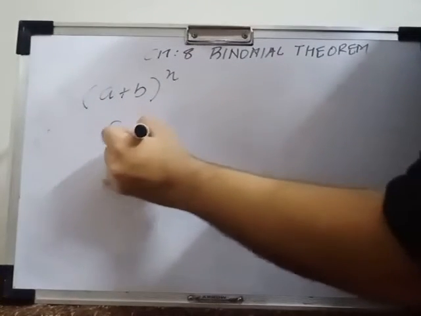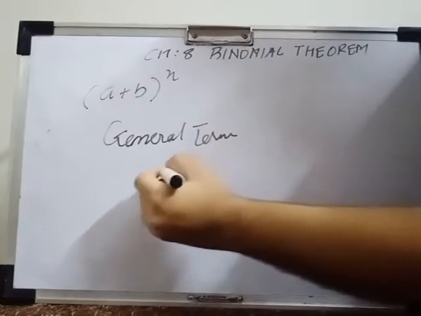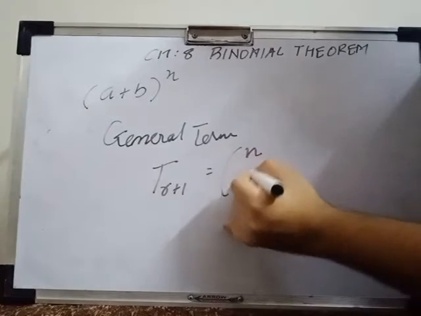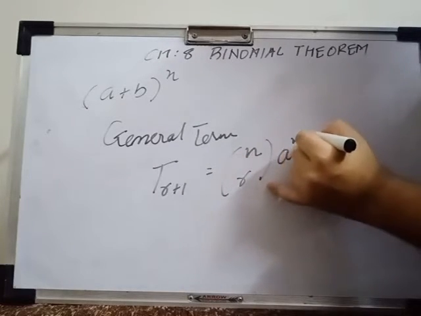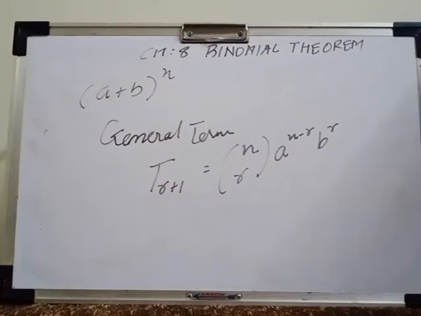So the general term can be derived using the formula T R plus 1 is equal to n combination R, a raised to n minus R, b raised to R. Yes, we will use this formula to find any